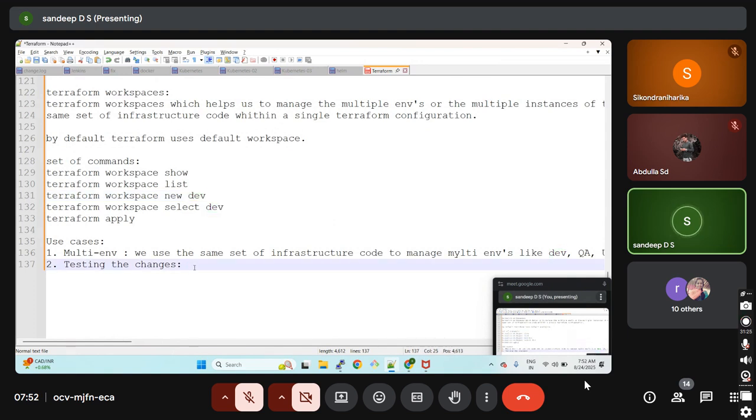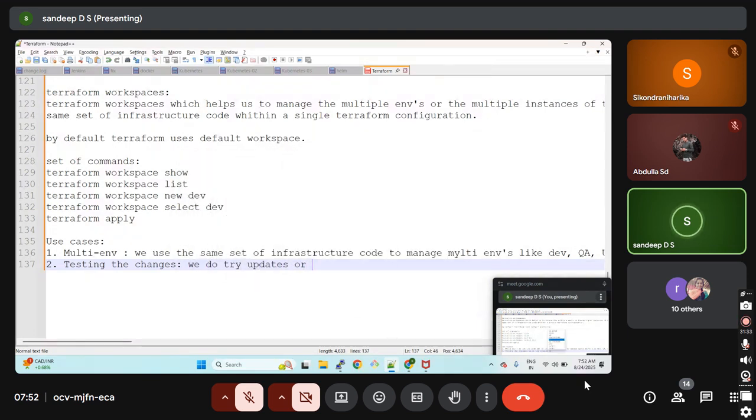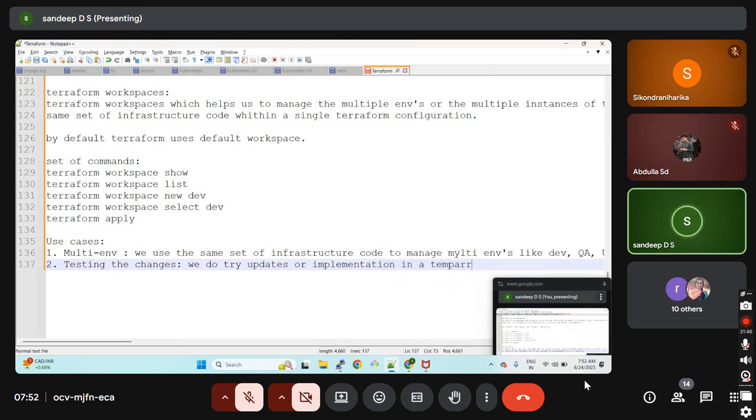Testing the changes. So we do try updates or implementation in a temporary